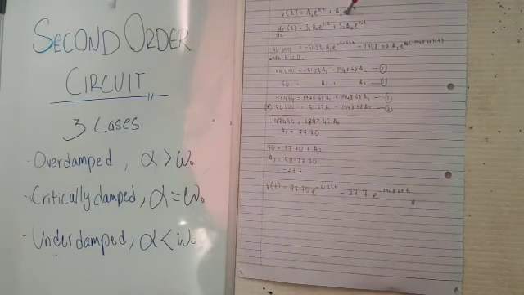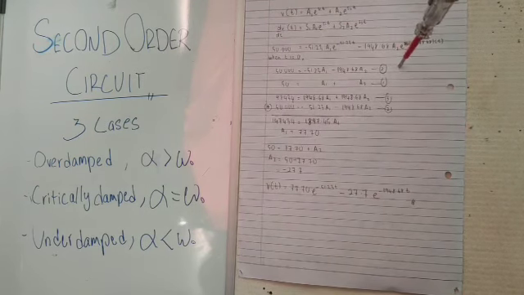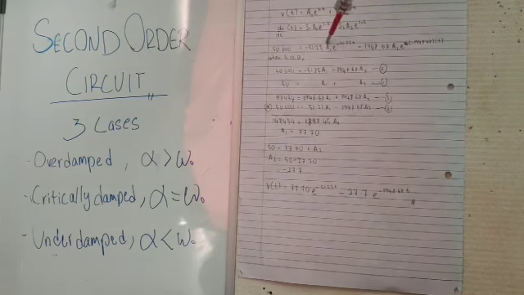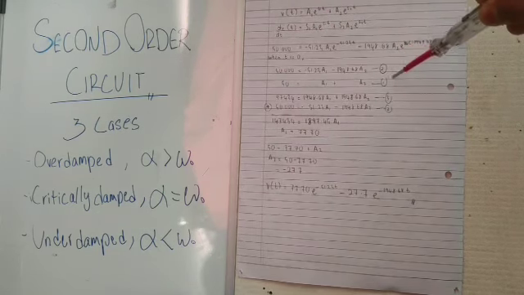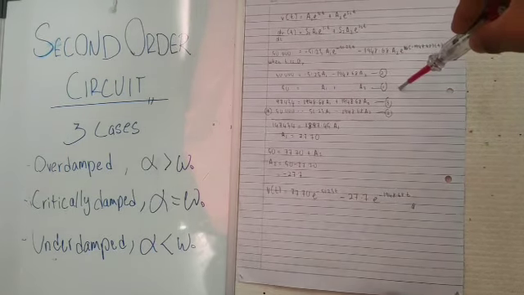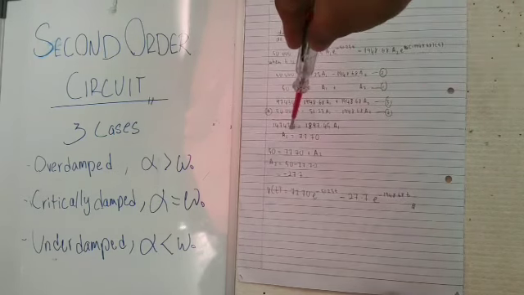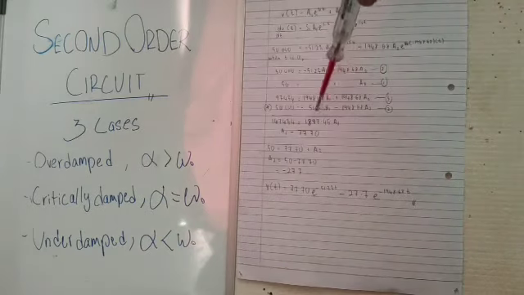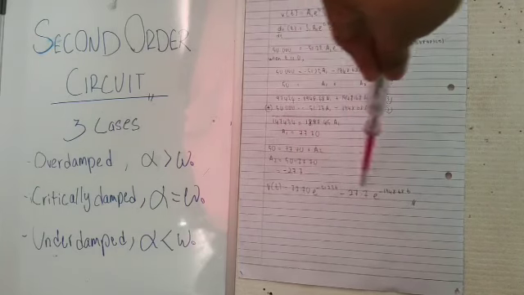This is the VT equation, and after we differentiate it, we will get the dV over dt equation. So from the dV/dt equation, we can get the second equation by substituting all the values, and after that we will get two equations here. We just solve it mathematically, and we will get the value of A1 and A2. So just substitute all the values and we will get the VT.